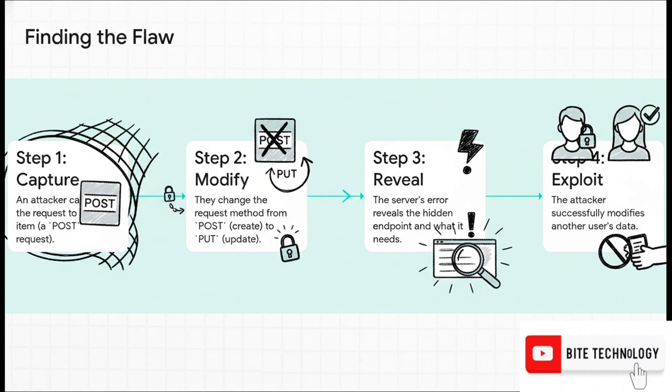Okay, so let's walk through how this exploit actually works. The attacker adds an item, but they capture the request their browser sends. It's a POST request. Then they just tinker with it. They change the method from POST, which usually means create, to PUT, which means update. And you know what? The server replies with an error, but it's a really helpful one. It says ID is required. That is a massive clue. It basically screams, hey, this update feature exists, you just need to tell me what to update. So all the attacker has to do is grab the ID of someone else's item, stick it in the request,